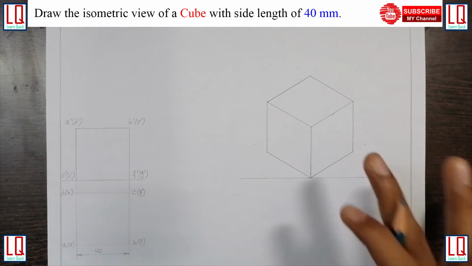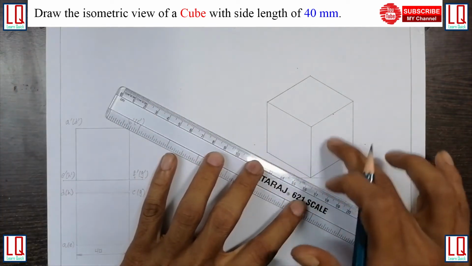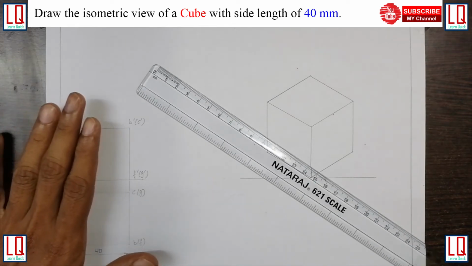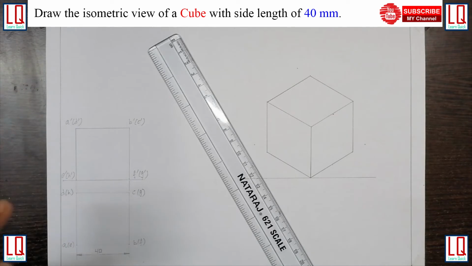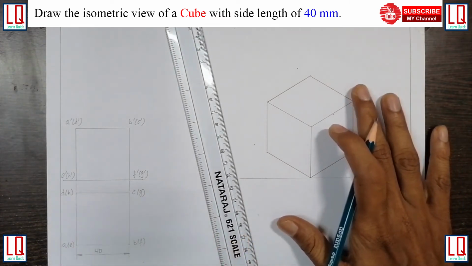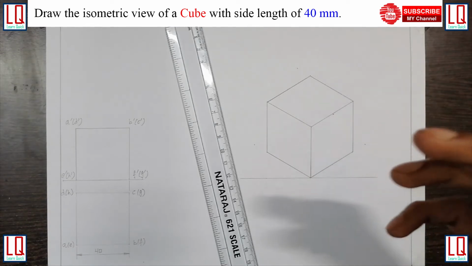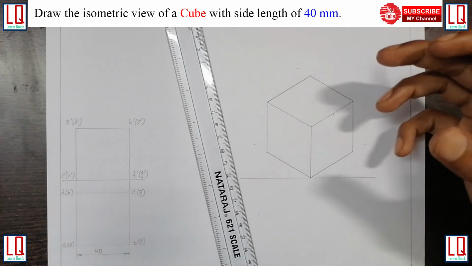So here I quickly remind you that the three sides of the cube are visible. In my orthographic projection, only two sides are visible, where this is my front view and this is my top view. In isometric projection, my objective is to show three sides, so that the solid looks like a three-dimensional view, so that more data has been revealed.